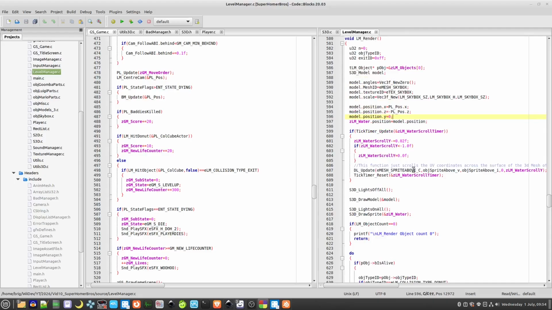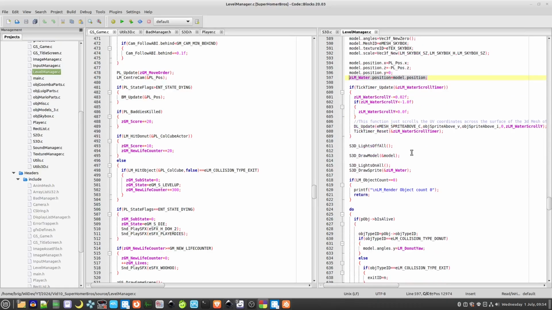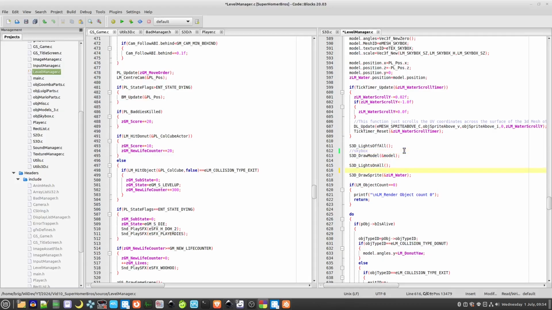And then there is also the water, which also tracks the player as well. As you see here, the lights are off, the sky box is drawn here. We then turn the water on, the lights on. Then we draw the water, and then we draw everything else. The water is literally